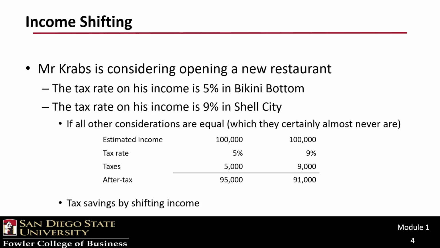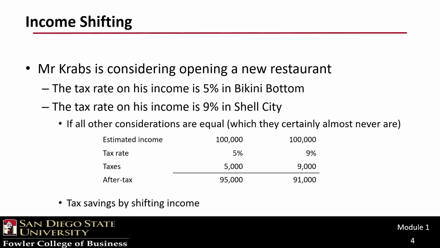So Mr. Krabs is considering opening a new restaurant. And the tax rate on income is 5% in Bikini Bottom. And the tax rate on income is 9% in Shell City. And so when we think about where we're going to open this restaurant, it's pretty obvious what our solution's going to be here, right? So if everything else is equal, and although it almost certainly never is, let's pretend that